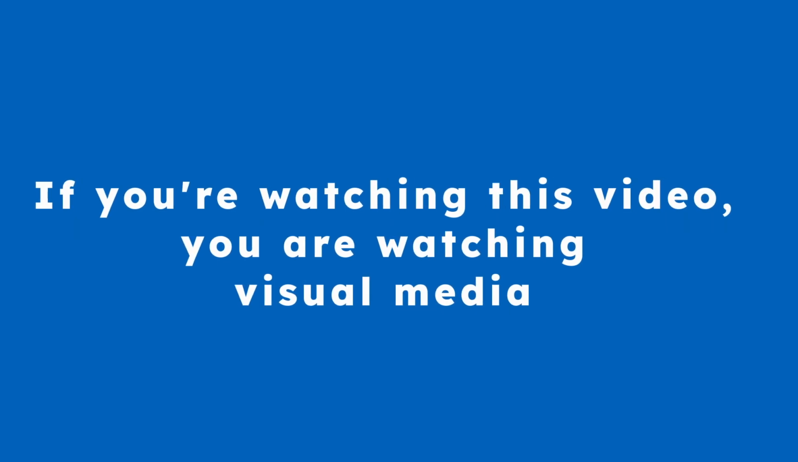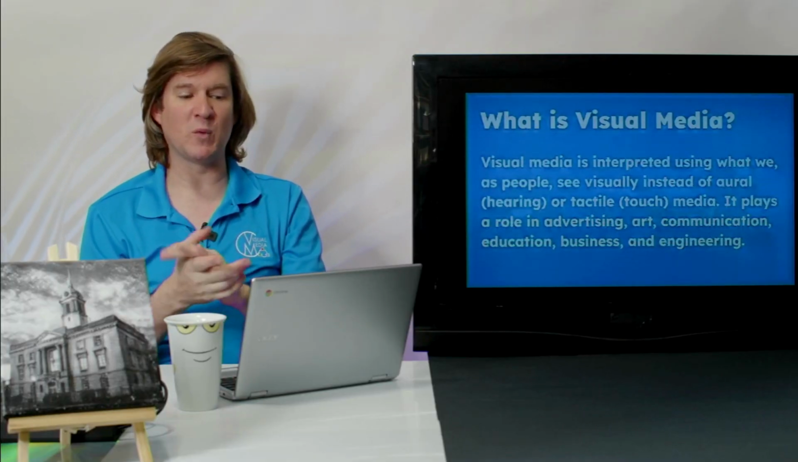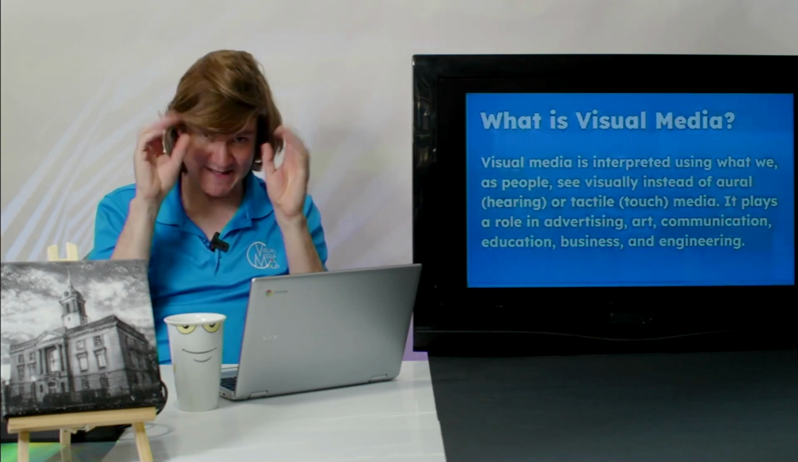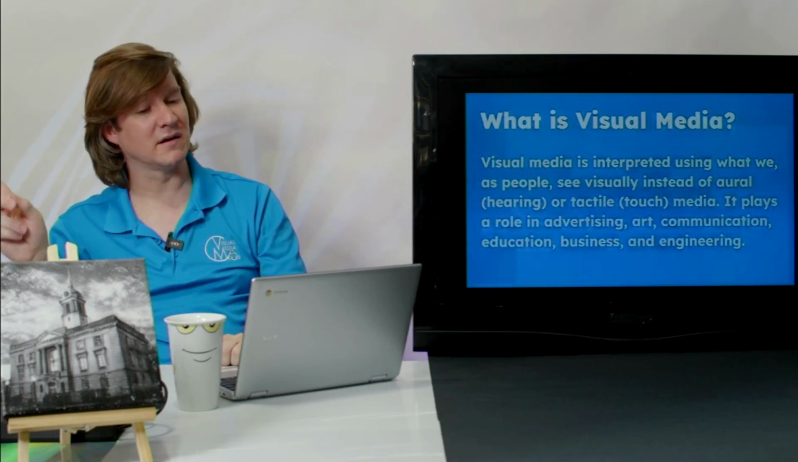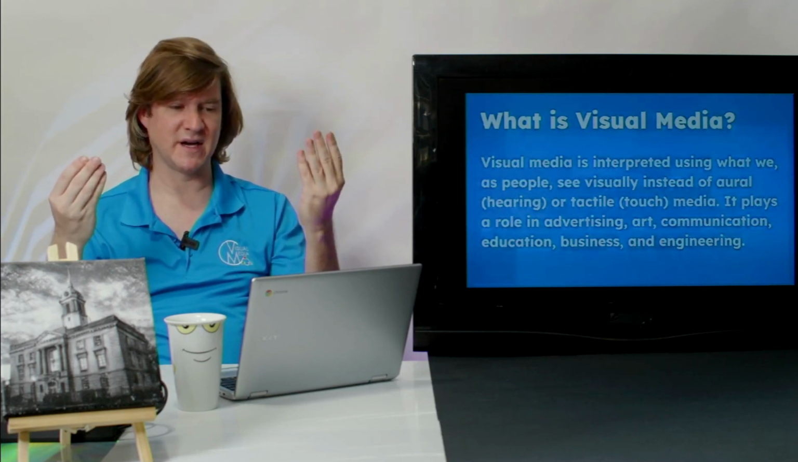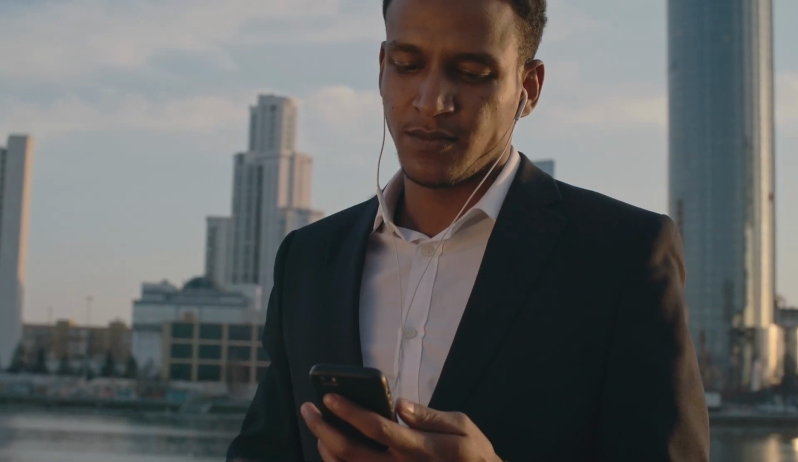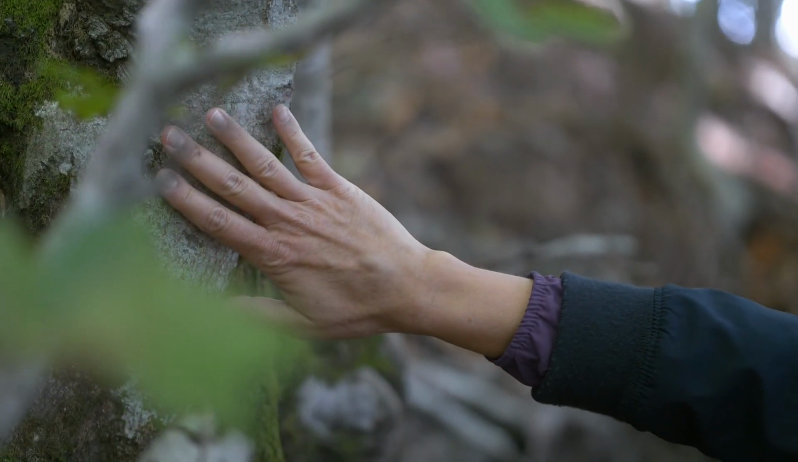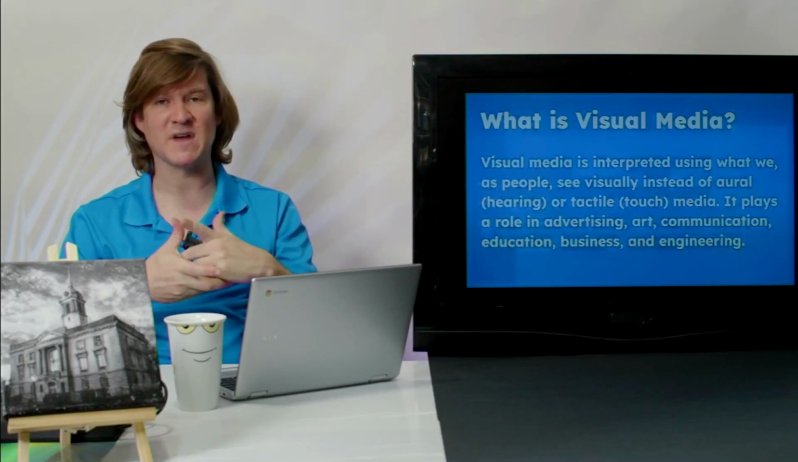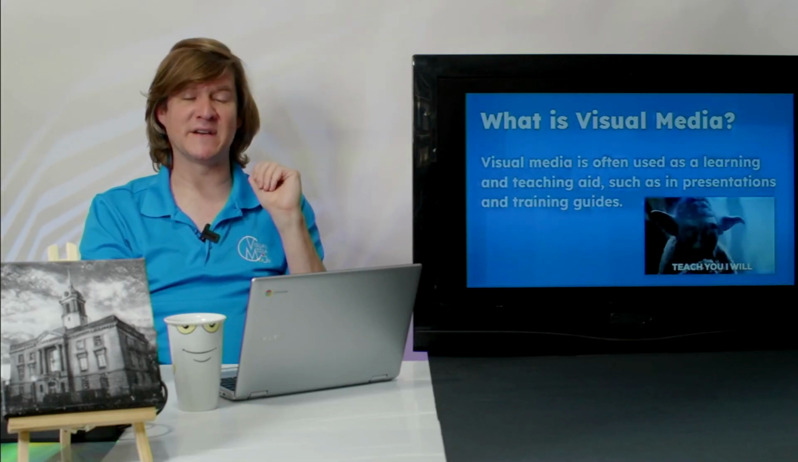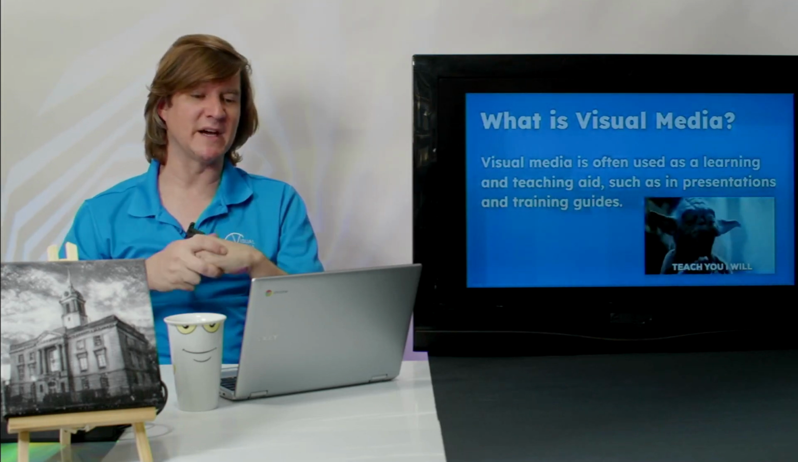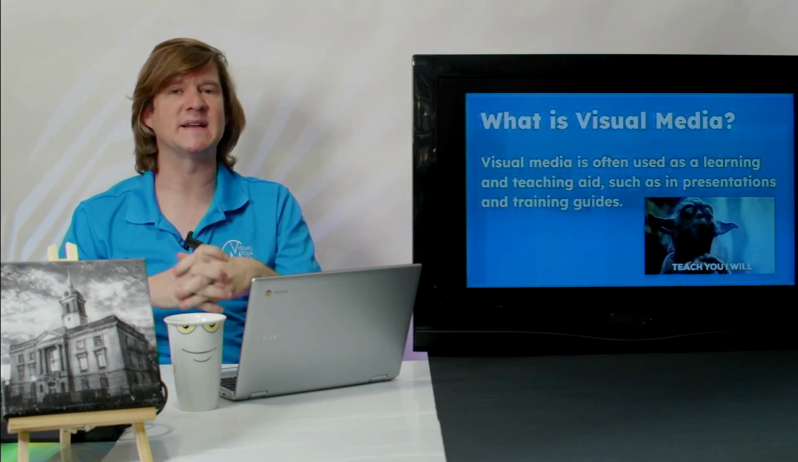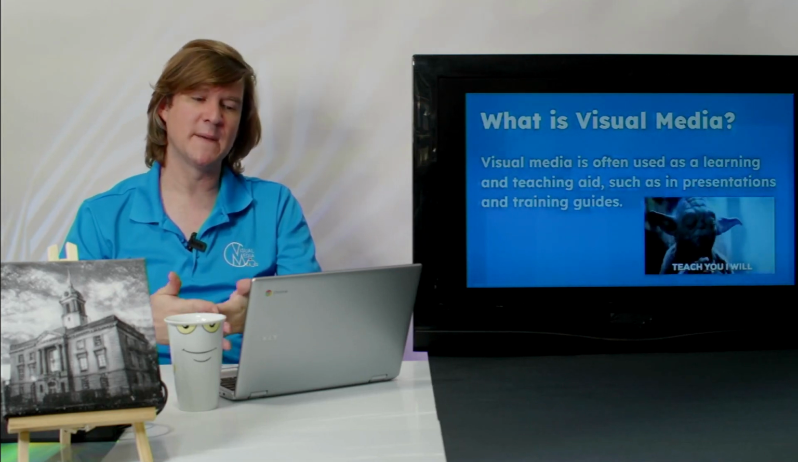That's the joke. Visual media is interpreted using what we as people see versus what we hear or what we can touch, right? So hearing, you're hearing the music, you're hearing someone speak to you, obviously touching, you're touching the product, you're touching whatever. Visual media is the one that you see, obviously, and again, use it in advertising, art, communication, business, and engineering. Visual media is often used in learning and teaching aids, such as what we're doing right now, remarkably enough, and in presentations, training guides, literally anything you can think of for your business, visual media is